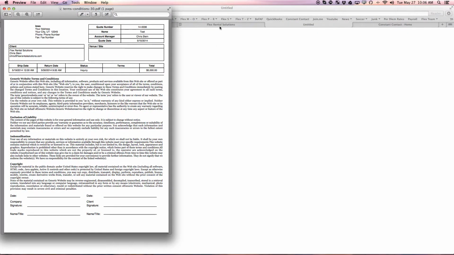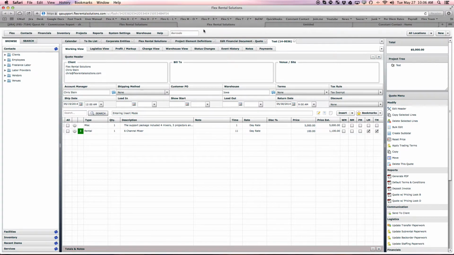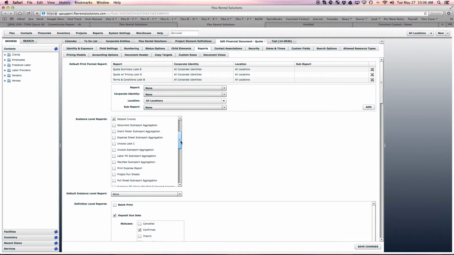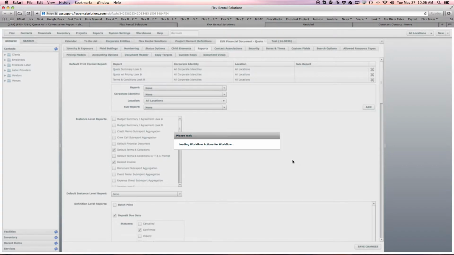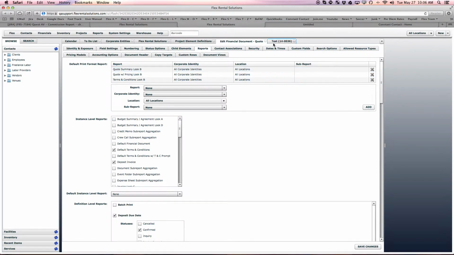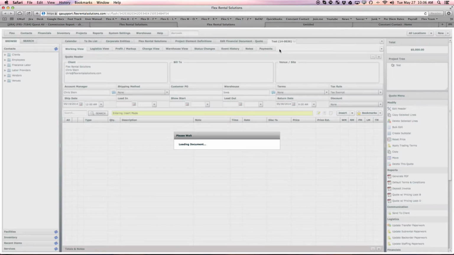We have a couple other reports for terms and conditions that are pre-configured. I'll show you those. As an example, we've got a terms and condition look A and look B that fit a formatting for some other reports that we've enabled. So if we go back to this test quote,